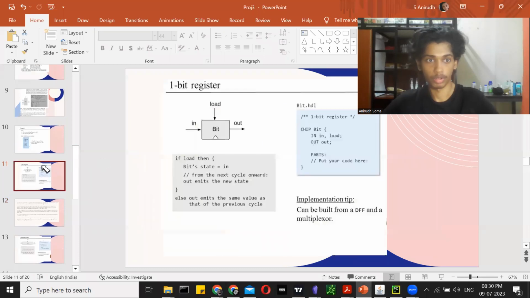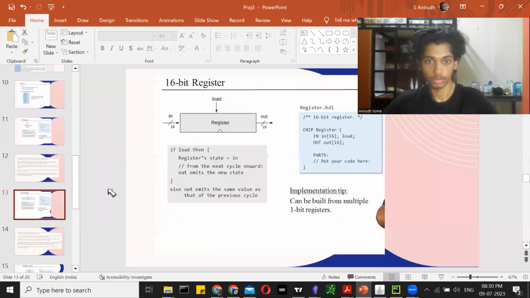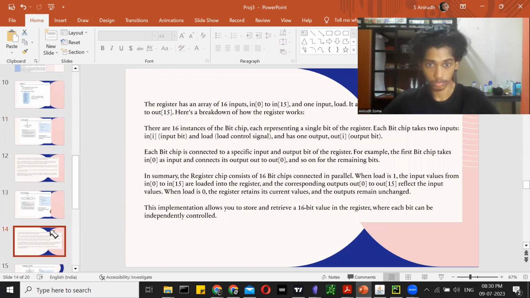So this is the 1-bit register that we've already done. Based upon this, we built 16-bit registers, which are just a combination of various 1-bit registers. It was the same principle of the output function, and we built it from multiple 1-bit registers. So it consists of 16 1-bit chips, all connected in parallel. When the load is 1, the input values from 0 to 15, so a total of 16 bits, are taken,